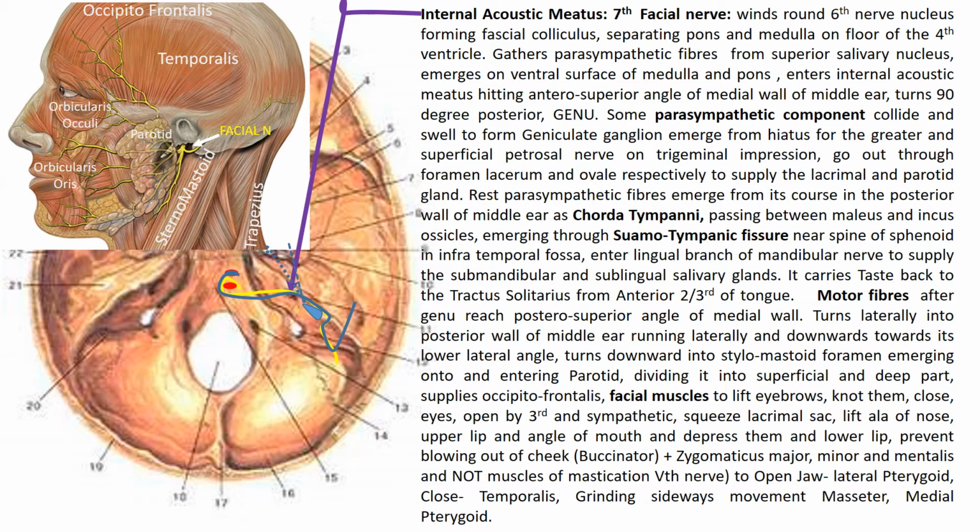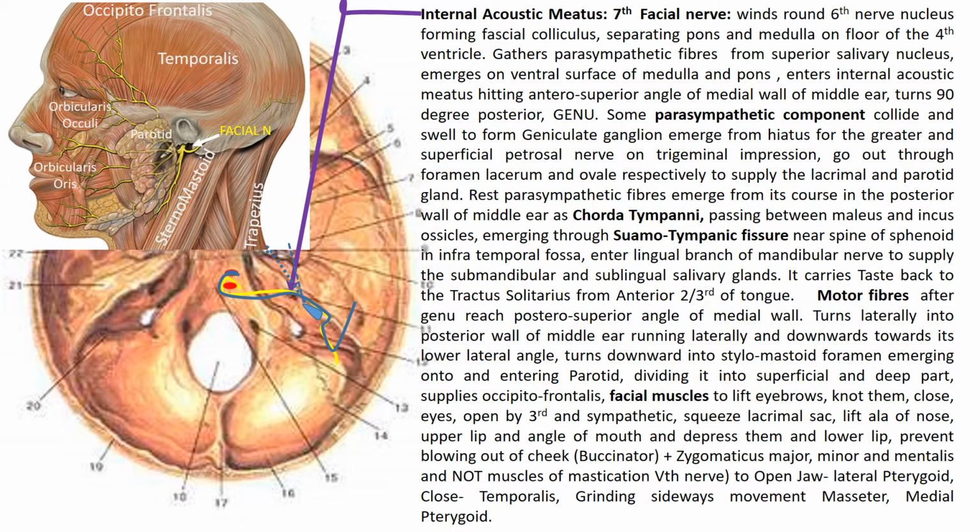The facial nerve motor fibers and parasympathetic fibers turn backwards from the genu, reach the posterosuperior angle of the medial wall of the middle ear, turn into its posterior wall, and travel downwards. From here the chorda tympani nerve arises, passes between the malleus and the incus, pierces the squamotympanic fissure,